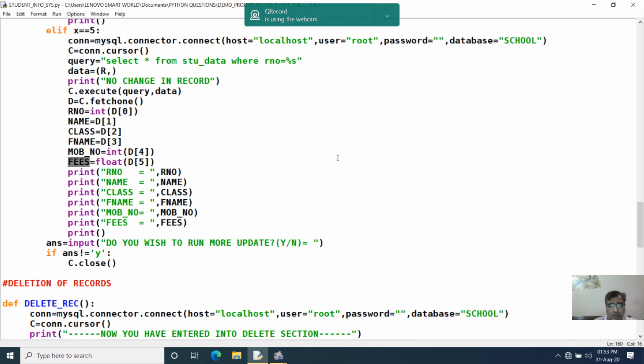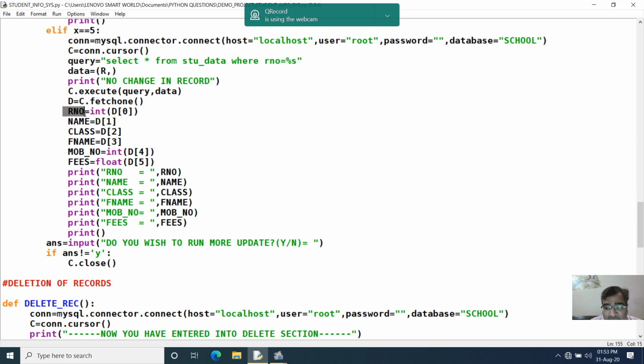So I was telling you that in the fetch one you can access one record, and you have assigned the table fields to the Python variables. But here you have to do the typecasting. Python variables take in string value.